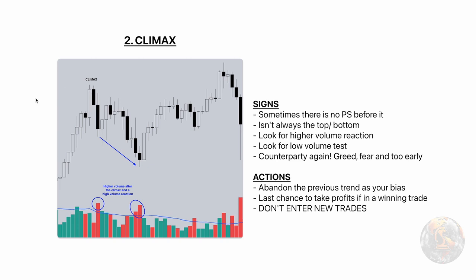But understand how moves end, especially in lower cap shitcoins. Often, there isn't time to even do a preliminary stop because price just keeps going higher, keeps going lower, all the way to the climax, right? So you don't always get the PS. Sometimes it goes straight into climax. From the lesson I talked about on reversals, you'll know this because there are some reversals, such as the exhaustion reversal where it just looks like a V, yeah? So they don't have time to form a PS. Similarly, the climax is not always the top or bottom.